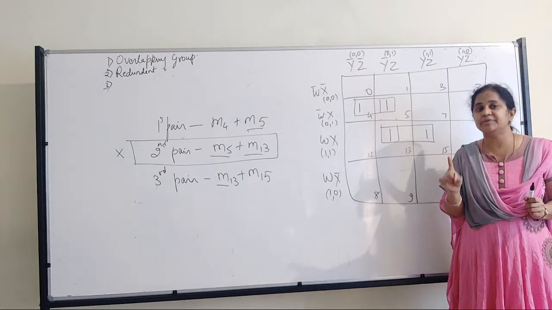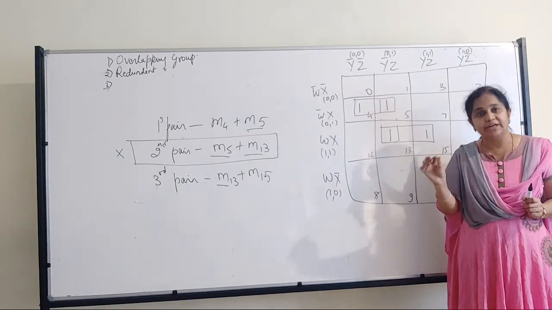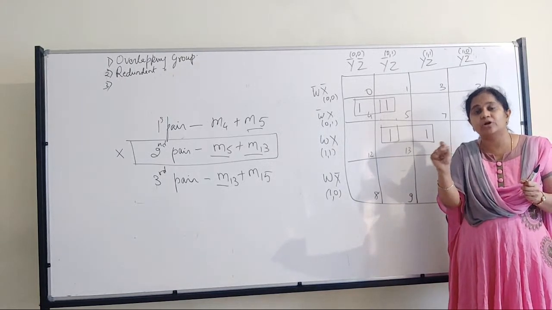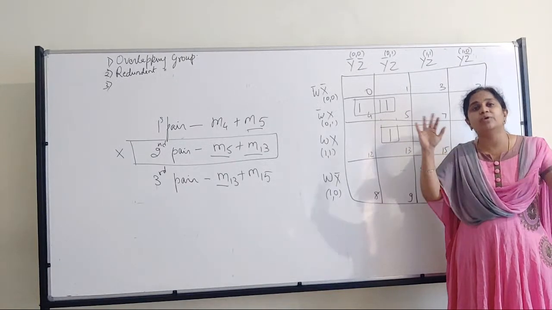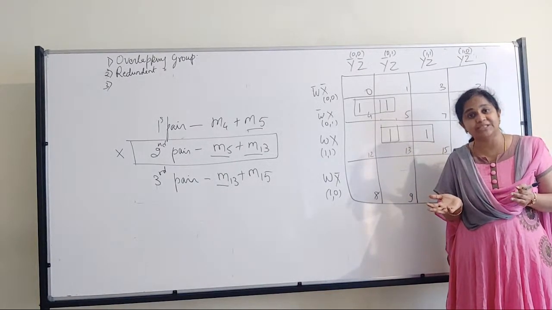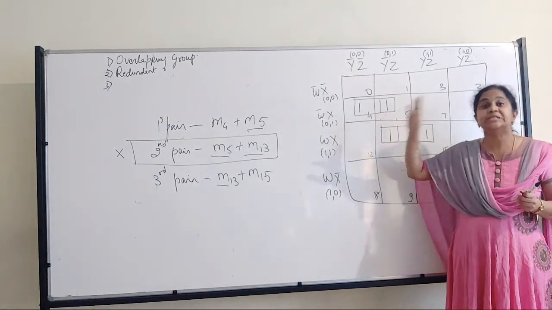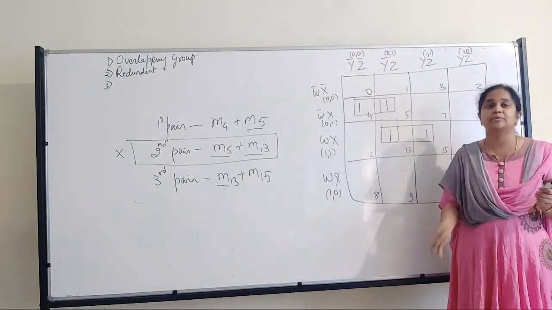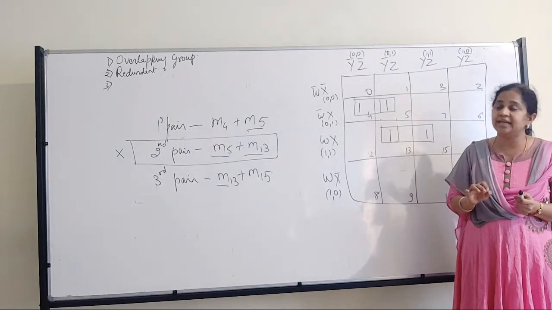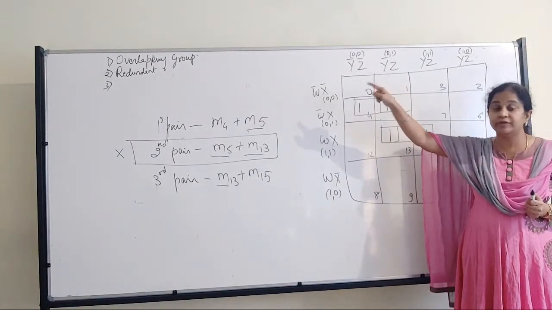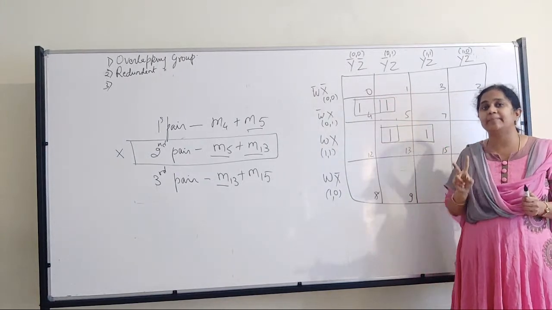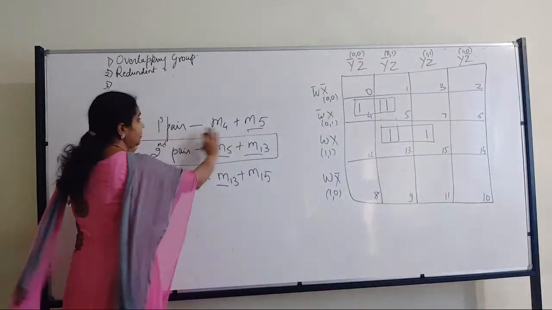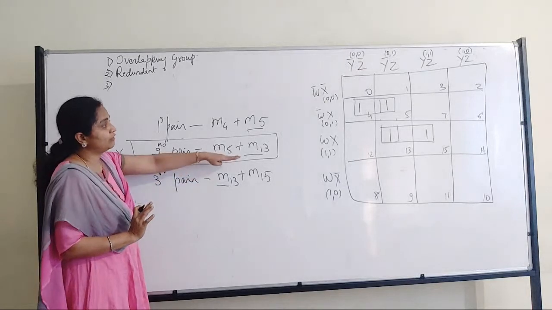Are you getting what is the difference between redundant group and overlapping? Overlapping is okay. It is important. If you eliminate that particular square or a box or a group, it will create a problem, or you can't actually find the solution for the given question. But when you remove a group and still you are able to solve, it means that group was redundant. It was extra. It was repeated. Can you see the difference there? Redundant group and overlapping group. So you have to take a proper example to explain, and you have to mention it in this way. Pair 1, pair 2, pair 3, and then you have to underline.